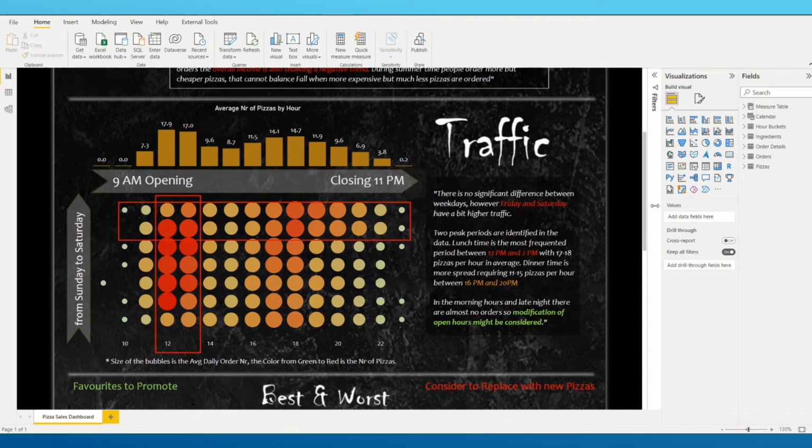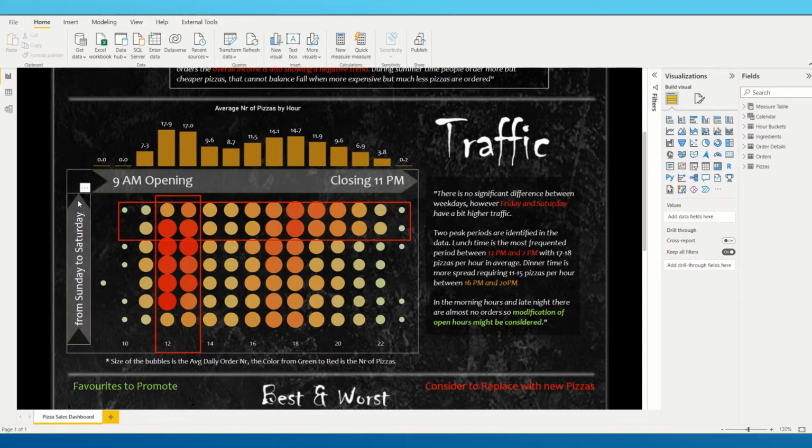Everyone. In this video, I will show you how I created this combined heat map bar chart for the Maven Pizza challenge exercise. And here we see the makeover, how to get to this layout of this heat map. Okay, so that's what I will do. So first of all, the easiest part,